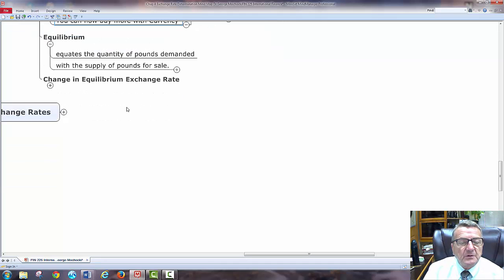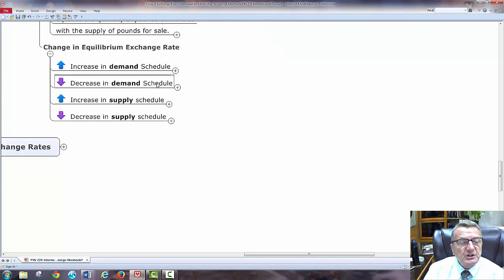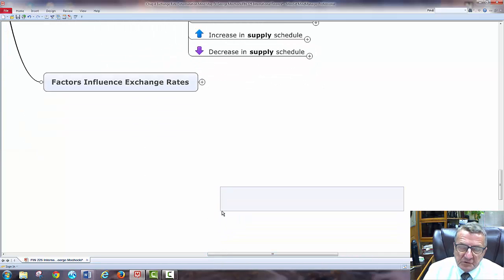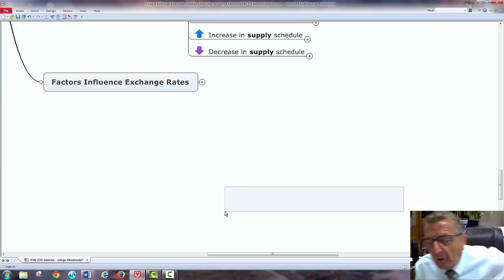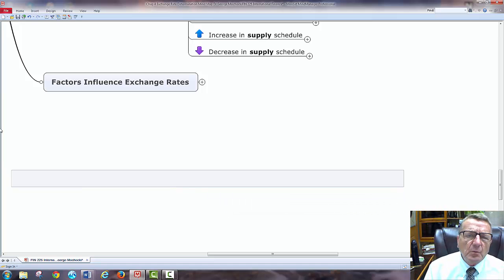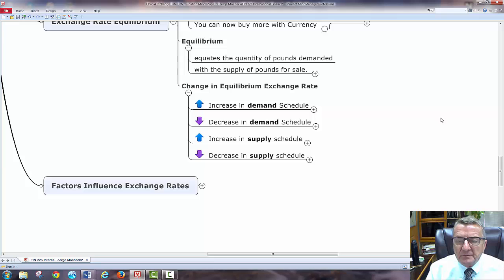Okay, now change in equilibrium exchange rate. So if I'm looking to change, okay, here now I have it. Now I've put some more arrows in here. I'm more of a visual person. I've done this to help you see up and down, so not only the words. When I'm looking at increase, remember it's one way of learning, increase in demand schedule,